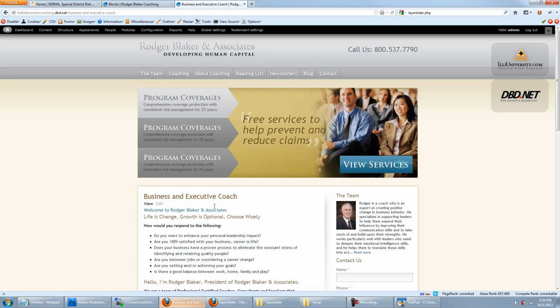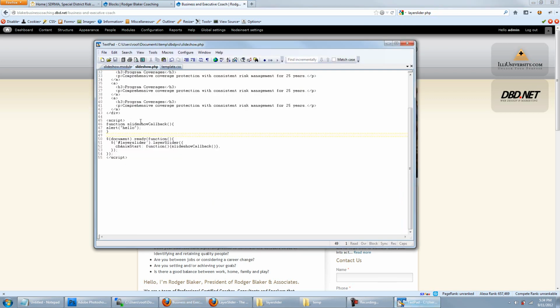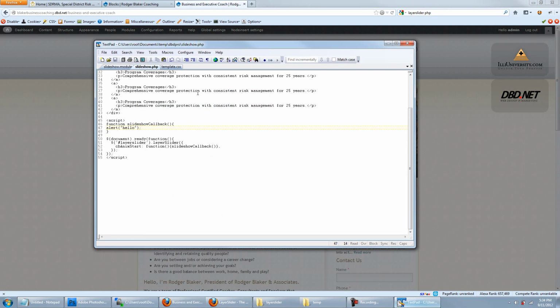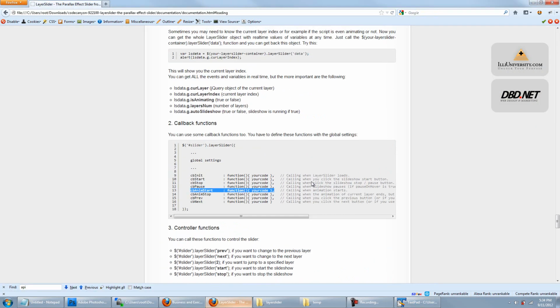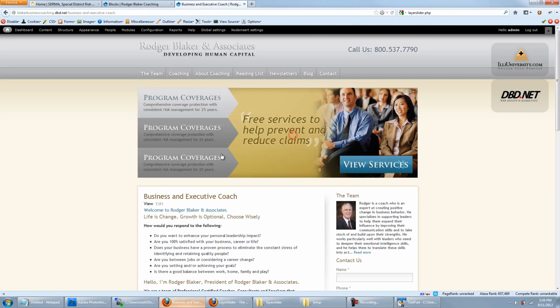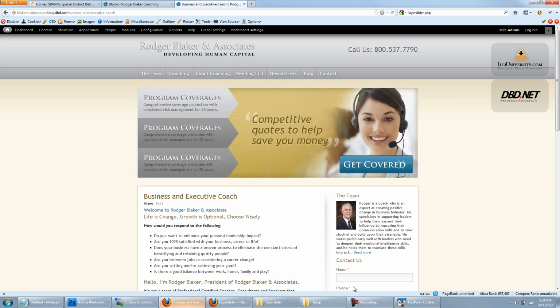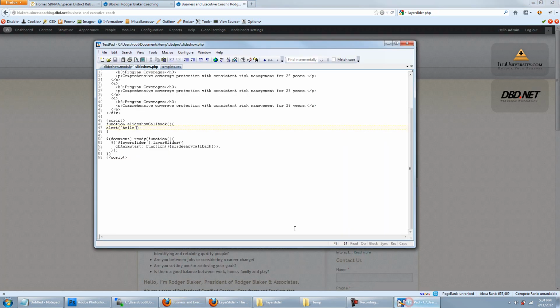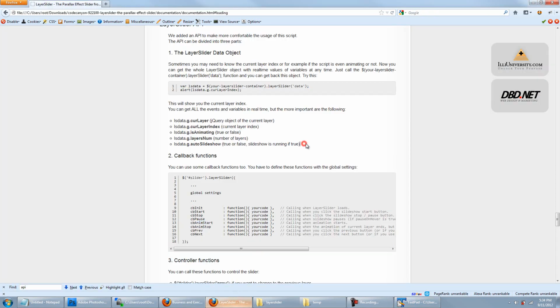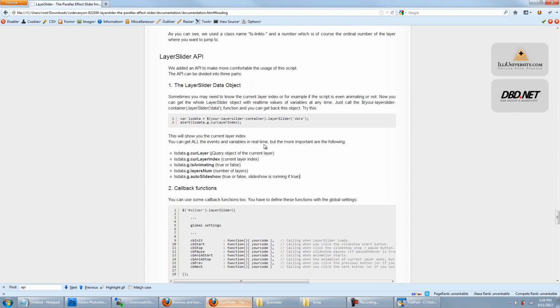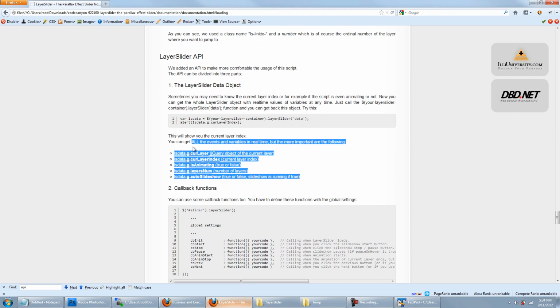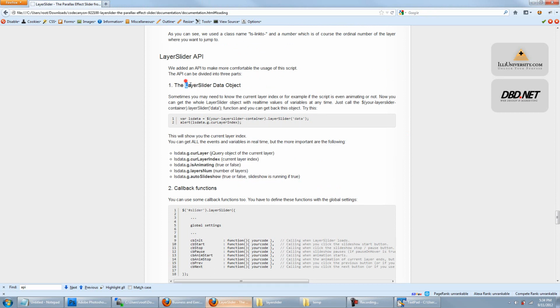So that's what we want. We want to be able to do something when that slide happens. Now, what we want to do is change this CSS right here to correspond to the current slide that it's on. You can see it keeps telling me hello in here. So at any point we can access some of the current variables. We have this LayerSlider data object that carries all the stuff that we might want to know about what's going on here. You can see these are just some examples, and this is kind of how you would use it. I'm going to copy this code, and if we go back to here,